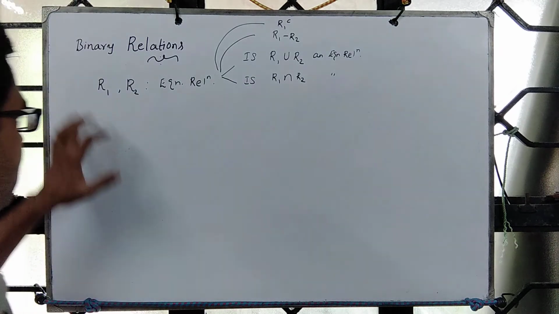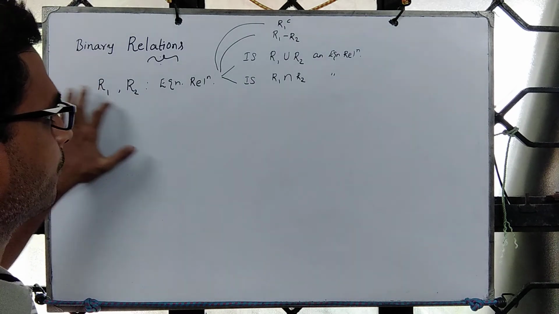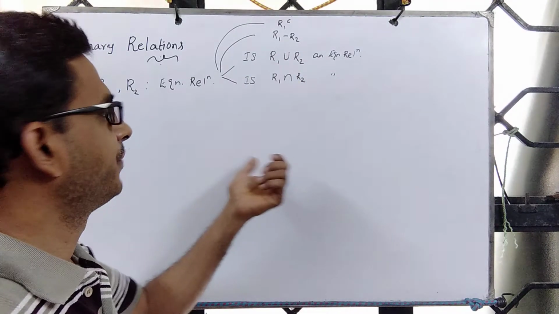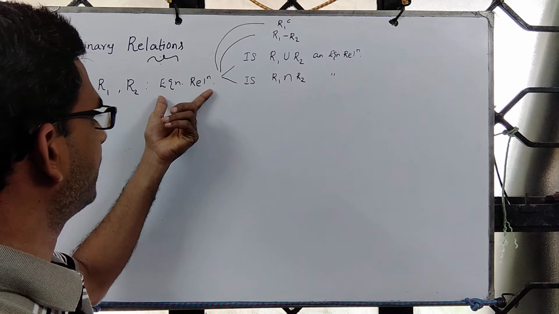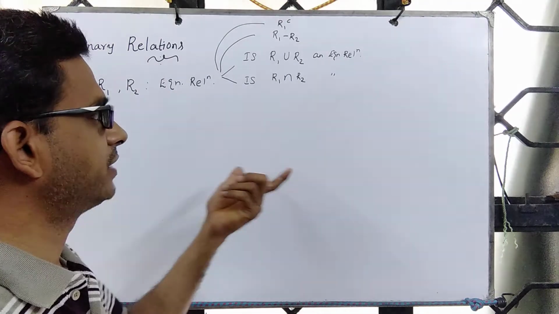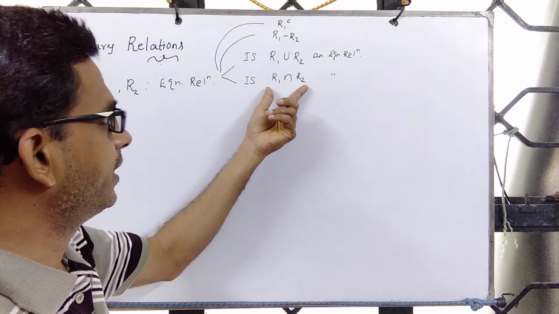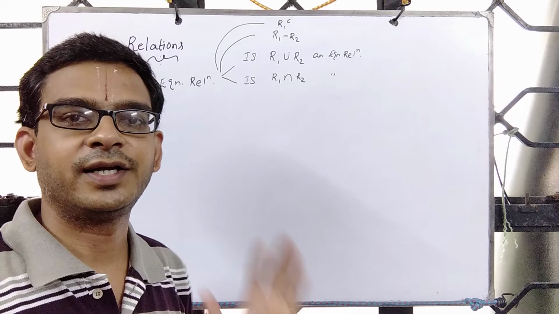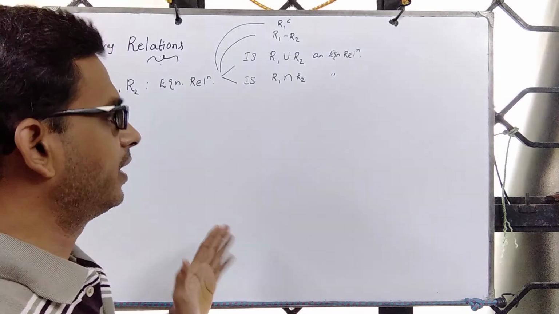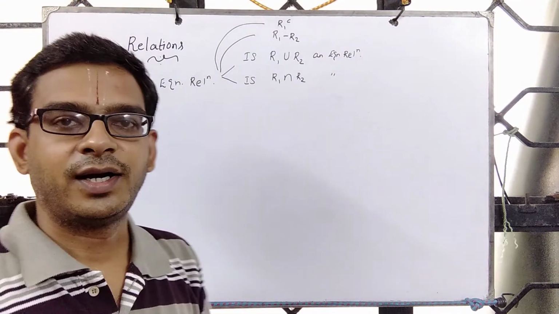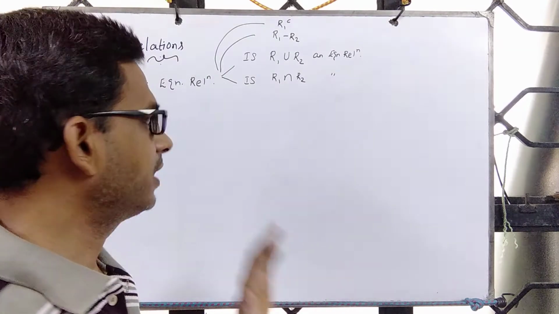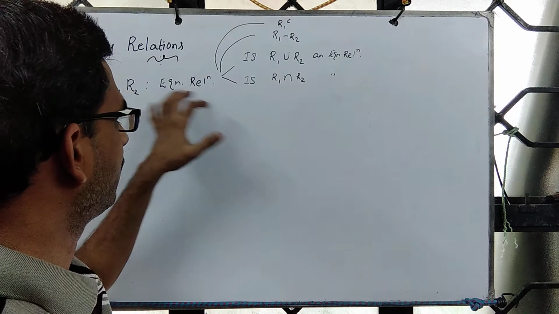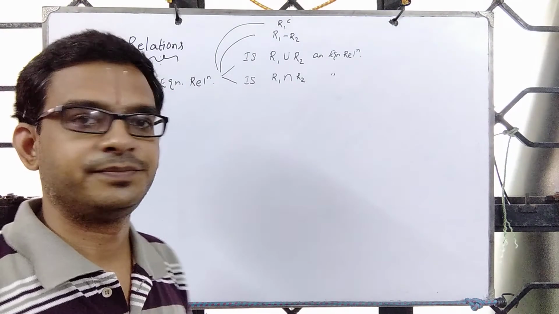So the idea is this: a relation is a set. Now you have two sets, apply a set theoretic operation, and given that the two sets satisfy a property P, in this case being an equivalence relation, does the union, intersection, set minus, complement satisfy the underlying property? That's all. And the set could be anything and the property could be anything. In our context, the set is a binary relation and the property that we talk about is the equivalence property.